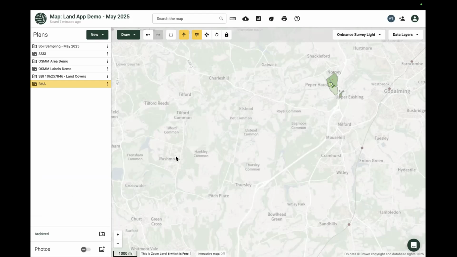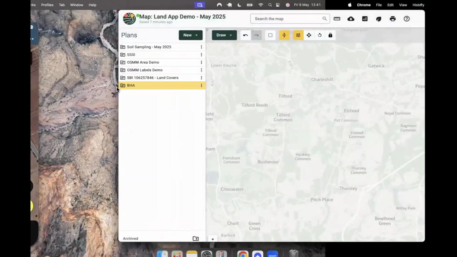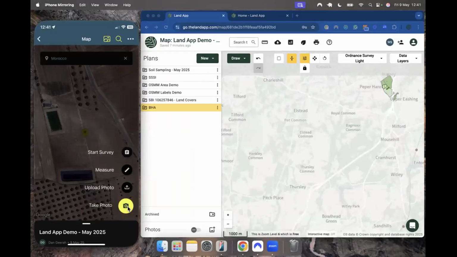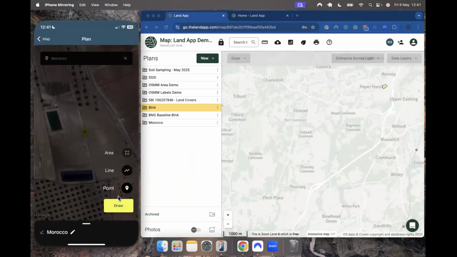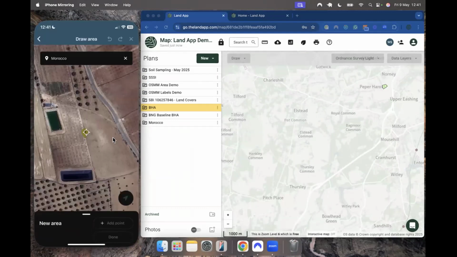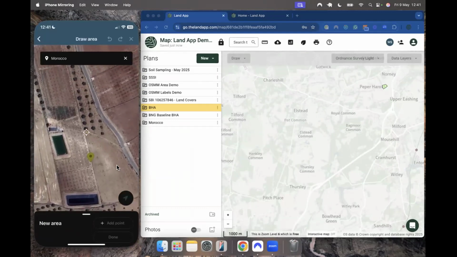Good question. So at the moment, Lucy, and I will show you in Morocco, because why not? We're over here, so let's do it. So let's just do a general data correct Morocco. And then I'm going to draw. At the moment, to draw an area, you're just, as you say, drawing